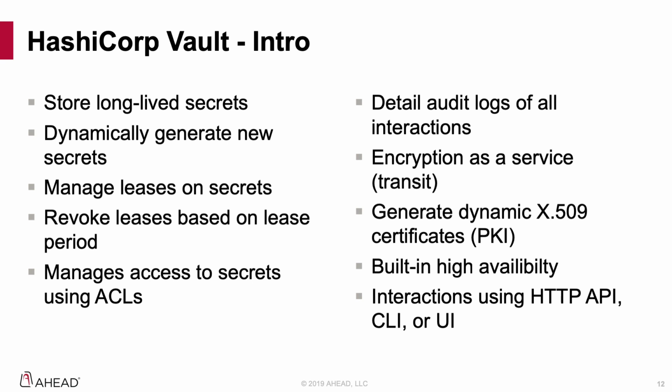So with Vault, you can dynamically generate new secrets. So rather than store those long-lived secrets or use those long-lived secrets for your applications, we can dynamically generate new secrets on the fly. So my example before was Jenkins. A lot of folks will create a long-lived account, say in AWS or Azure, for example, to give Jenkins the ability to go out and deploy and provision resources for you. The problem is that Jenkins more than likely only needs that access for 5 minutes, 10 minutes, however long that job is running for. But the problem is when you create that username and password, or say in AWS the access key and secret key to give it programmatic access,